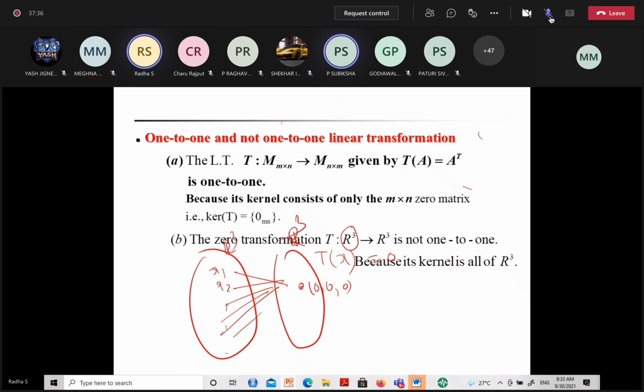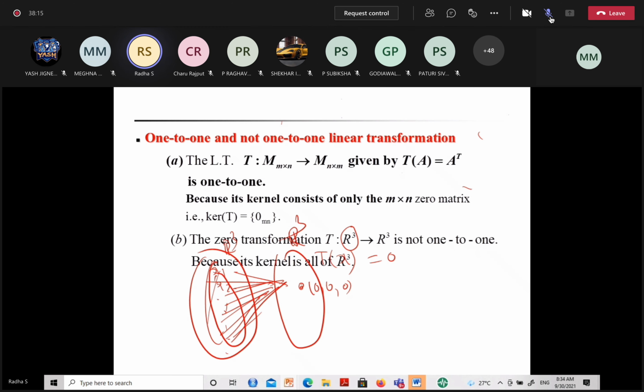Okay, good. Ma'am, but everything is mapped to 0 now, so the kernel of it is 0, right? It contains only 0. So why can't it be 1-to-1? The kernel is not 0, beta. The kernel is the entire domain, right? Everything is mapped onto 0. Only if the kernel is the 0 vector alone can you say that the mapping is 1-to-1. But the kernel here is the entire domain. It's not 1-to-1. It's obvious, right? Every element is mapped down to zero. Not only many, infinite to one.